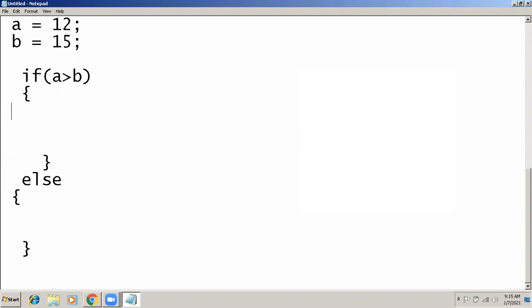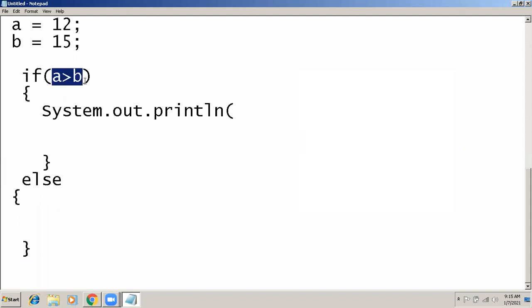Inside this block, I am just writing one statement: System.out.println. If this expression, a is greater than b, is true, then which one is the largest? Definitely a will be the largest. So here in this println method, I can put a message that A is the largest.